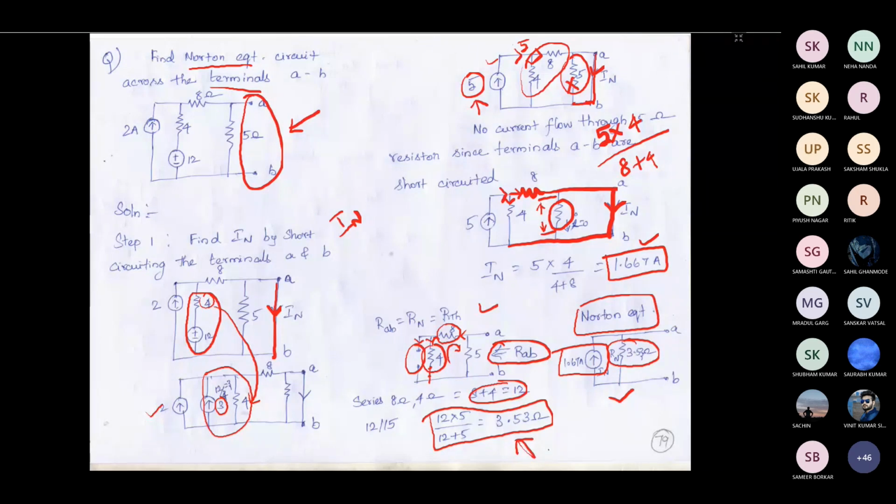Okay, so here now, if they ask you to find the current through this resistor, or they can ask you to find the voltage across this resistor, that is a load resistor, you can find it out using a simple formula like how we have used for the Thevenin theorem. Okay, so this is all about Thevenin theorem and Norton theorem. In this unit, we are left with only one more theorem, that is maximum power transfer theorem. Okay, if you have any doubt in this, you people ask, else we can end this meeting. Thank you for joining.